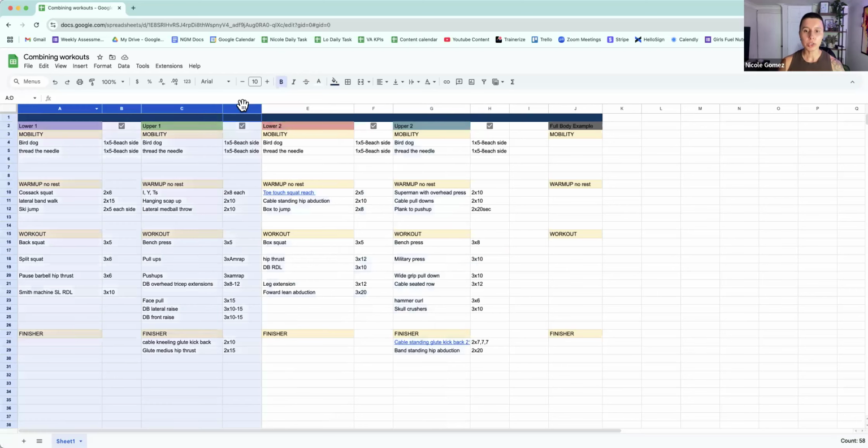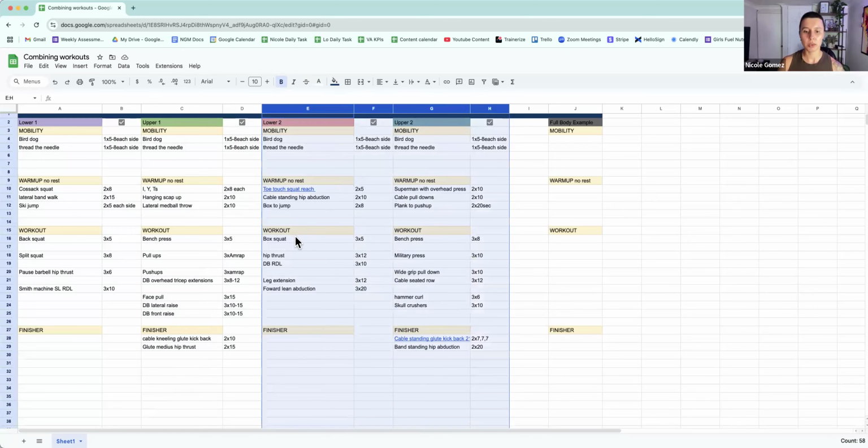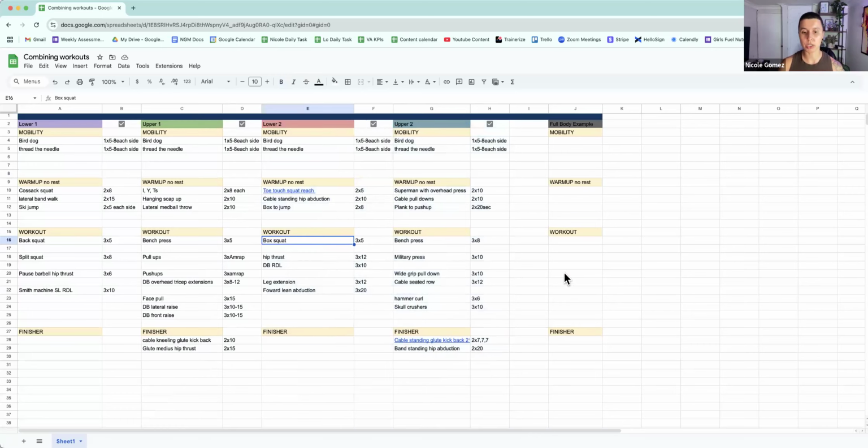So if I were to combine these exercises, what I would personally do is pick the main lift, which is going to be the box squat. The box squat at the squat rack can make sense to superset with an overhead press, because they're such different exercises, they're not really going to get in the way of each other. Are you going to be tired? 100%. But are we still going to be able to push for legs if you're supersetting with shoulders? Yes. So that's what I would do here first.